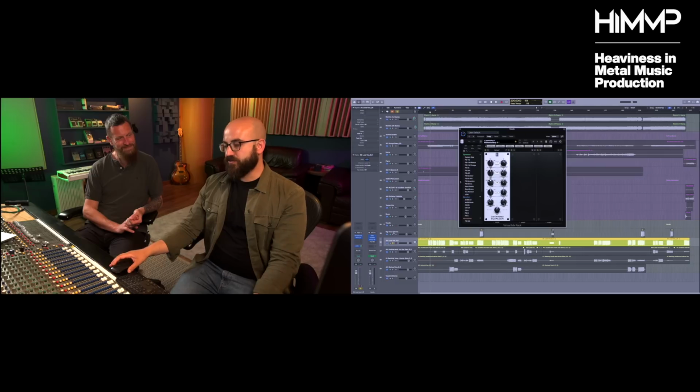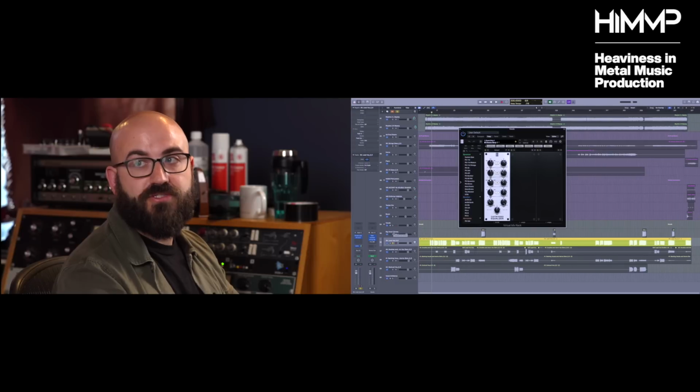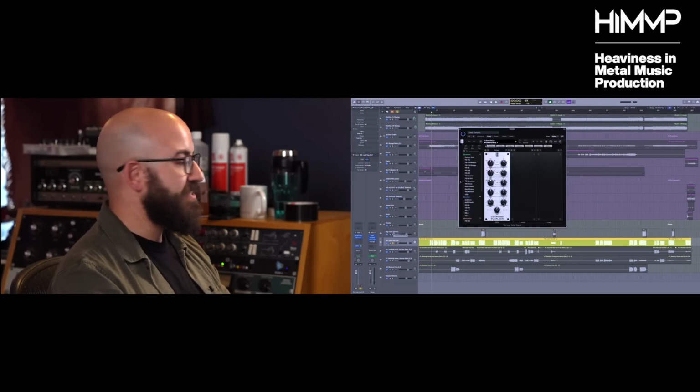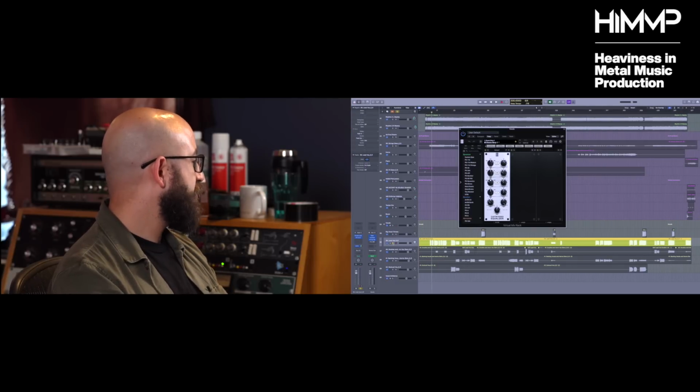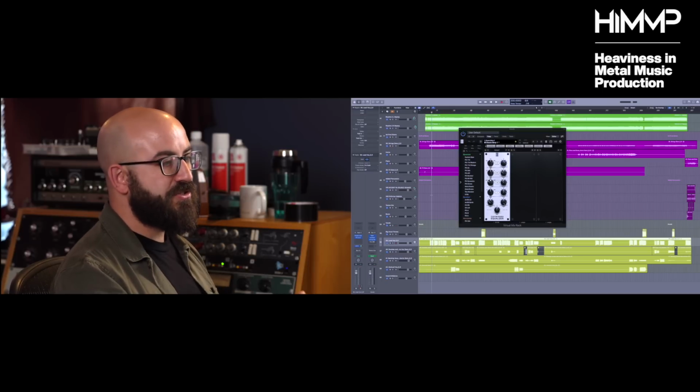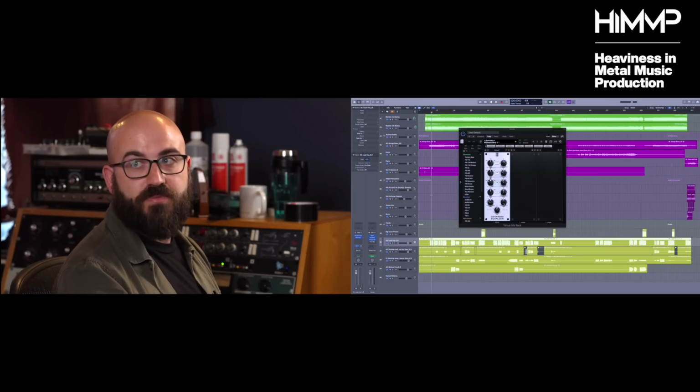And for me, the big giveaway is if I can't find a level for the vocal, then it's not EQ'd right. That's the big one. So once I get it to the point where it feels like the level is not so critical, then I know that the EQ is in a good space. You know what I mean?